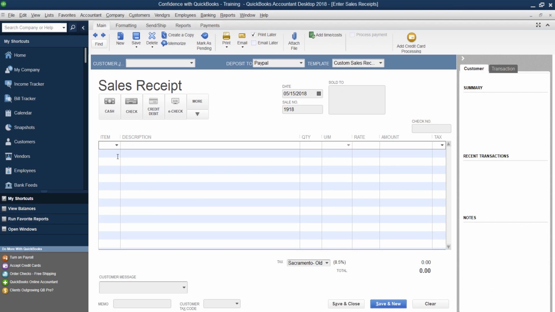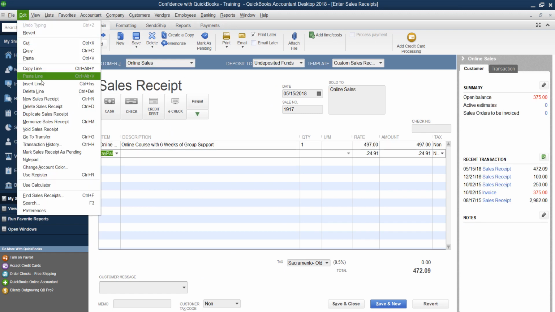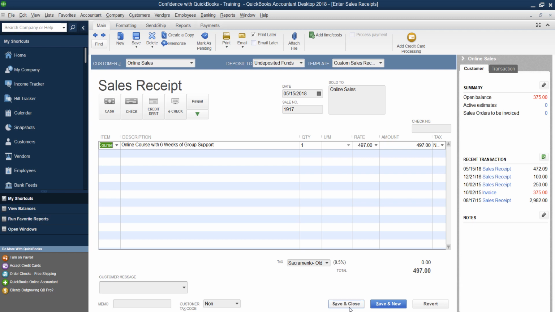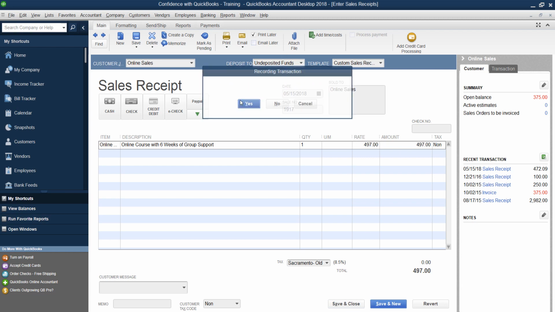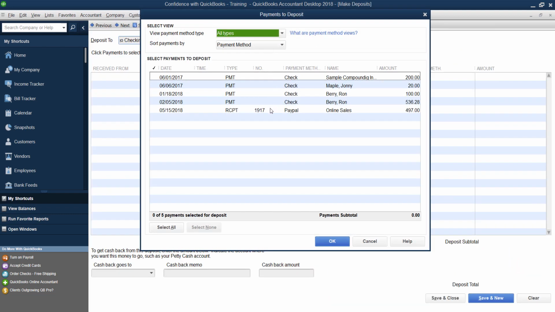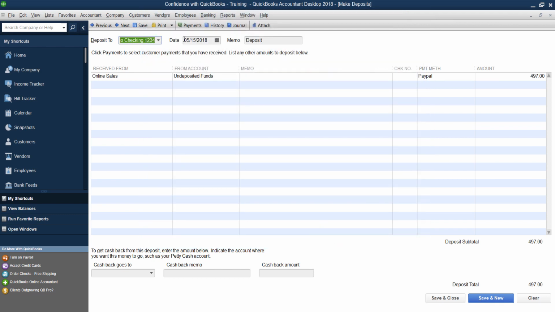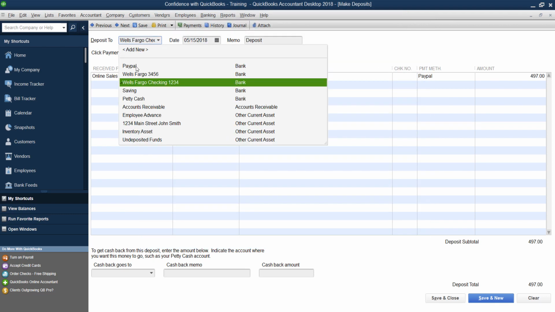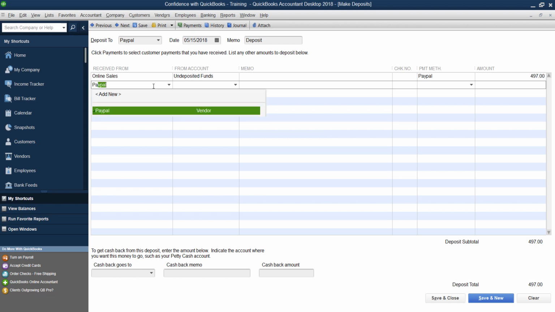All right. Now you can do, let's say, for example, you didn't want to handle your PayPal directly on the sales receipt because you want to send it to your customer. You don't want them to see it, something like that. What you could do, keep this to undeposited funds, leave it the way it is, just like normal. Then when you go over here to record your deposit, you're going to choose your item. You're going to choose PayPal if that's where the money went. Then in here, you're going to pick PayPal, merchant fees, PayPal if you want. You can put that there.